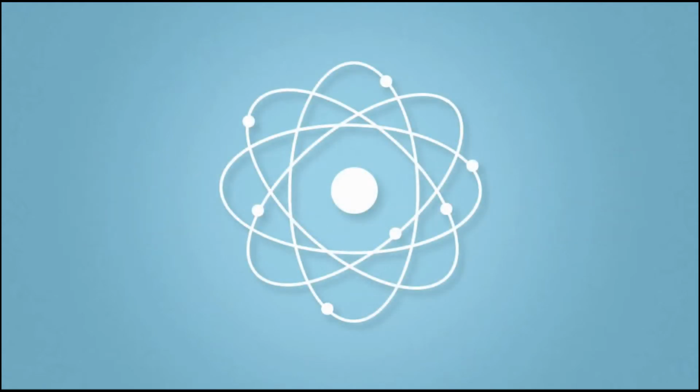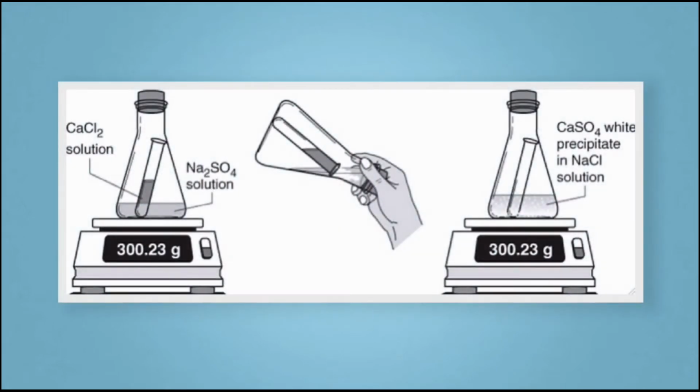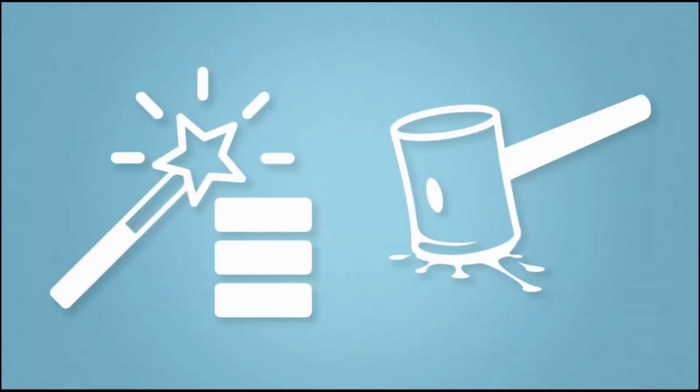In this episode, we're going to talk a little bit about chemical changes and a lot about the atom. The first topic that we're going to discuss in this episode is something called the law of conservation of mass. This law states that in a chemical change, the total mass of the new substances is always the same as the total mass of the starting substances. What this really means is that during a chemical change, matter can neither be created or destroyed.